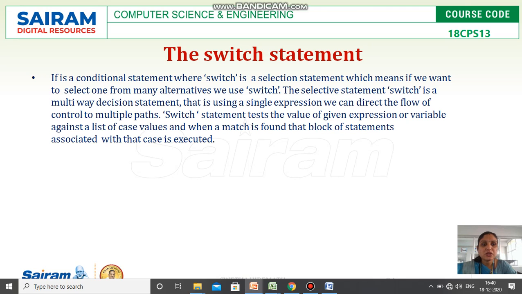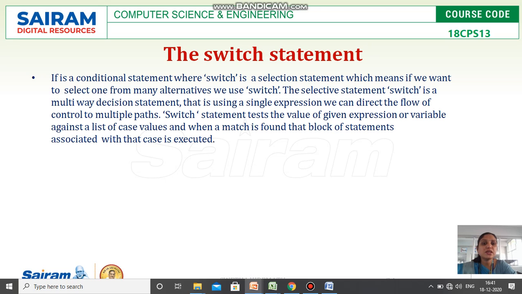The selection statement switch is a multi-way decision making statement. Here we have different cases, and if we give our choice as any one of those cases, the statements present within that particular case will be executed and considered for the execution of the program.